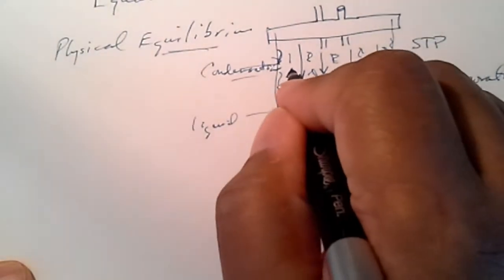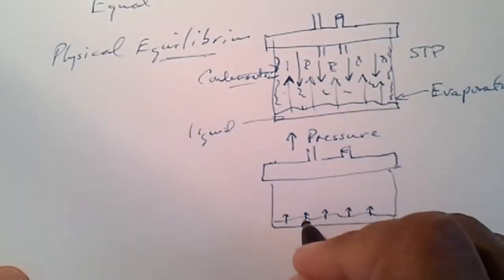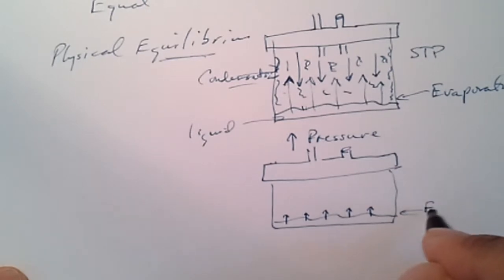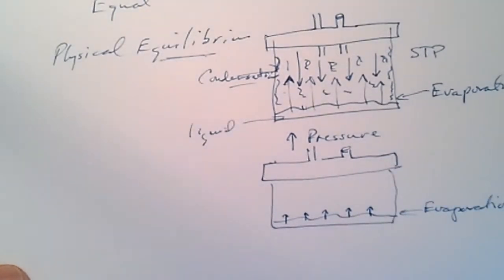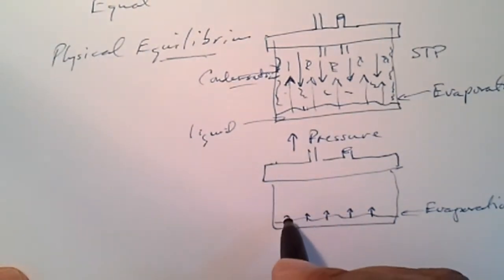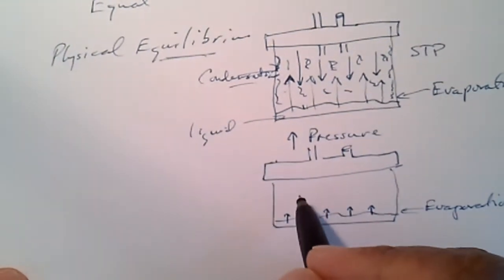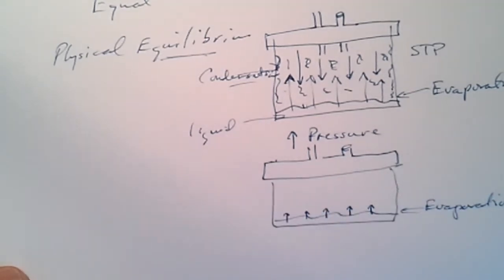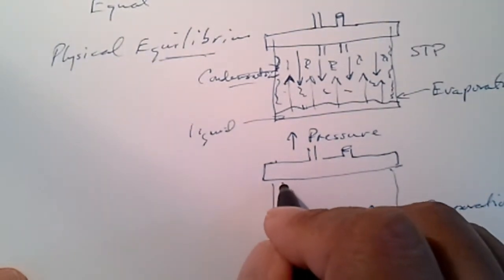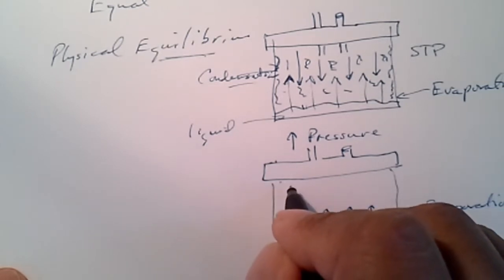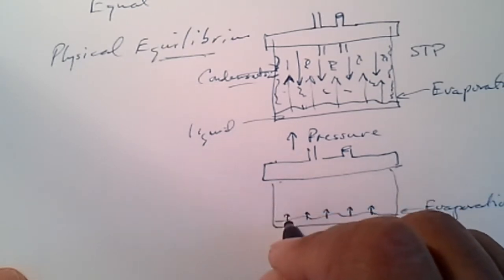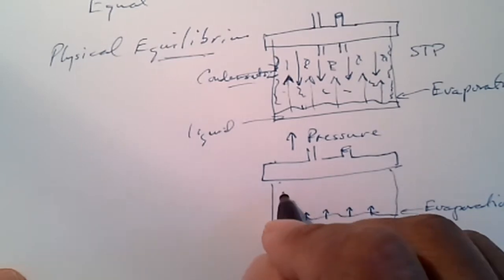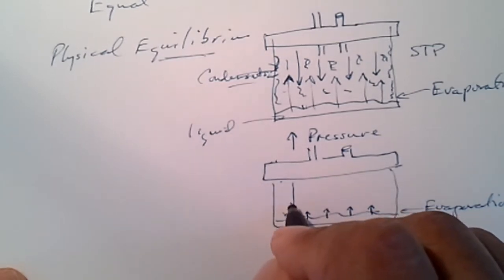So these are the larger arrows up here at the top. Smaller arrows, meaning the evaporation takes place at a lot slower rate, but eventually you will get an equilibrium, because the condensation, although it is less because of the less evaporation, you will eventually recover